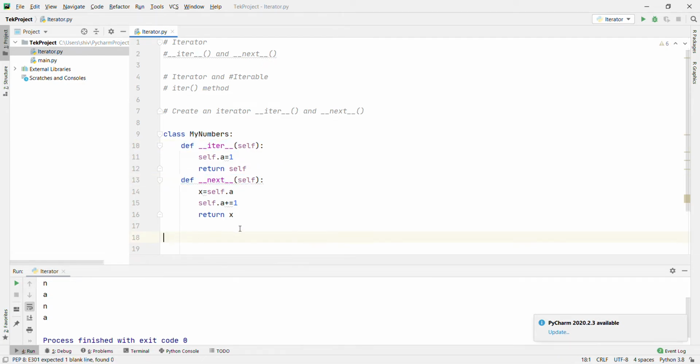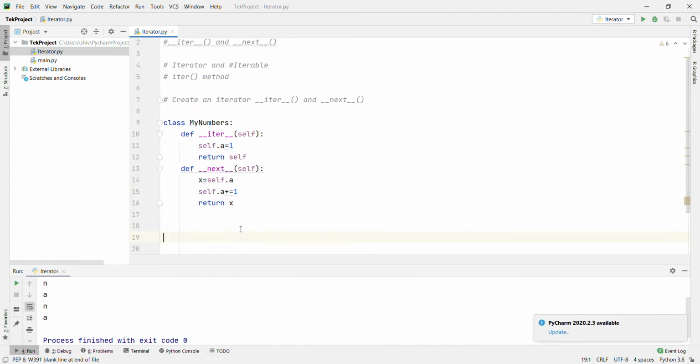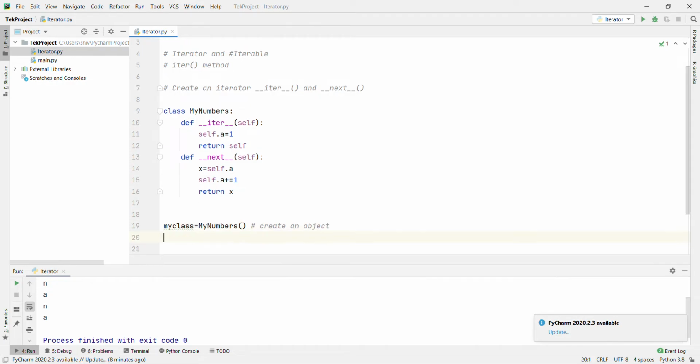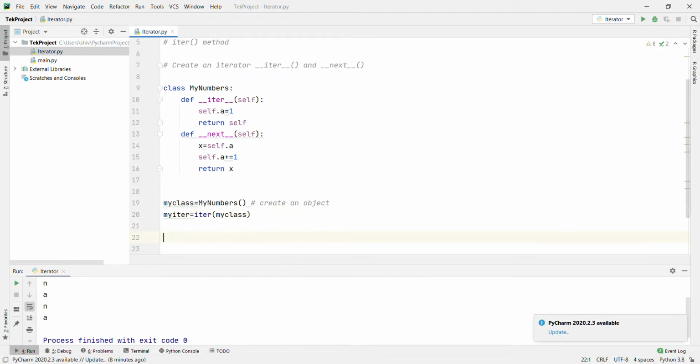Okay, now we are going to create an object of MyNumbers. myclass equal to MyNumbers. This creates an object. Now we are going to iterate the class: myiter equal to the iter method on myclass. Now we are going to print the values using next.